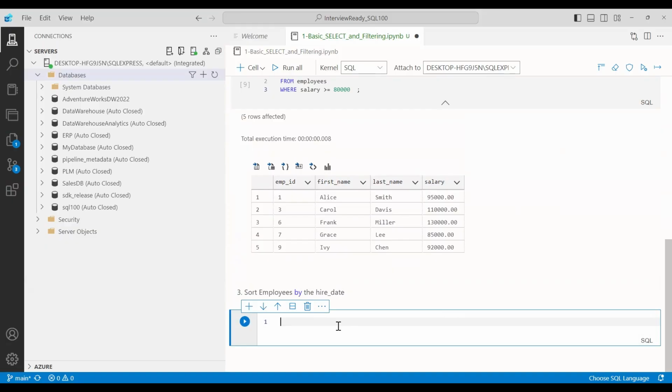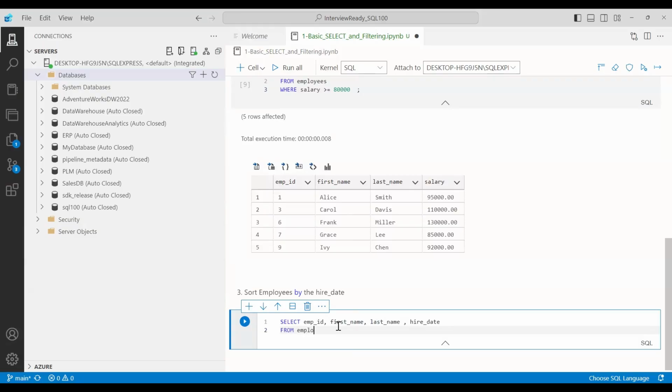We are just looking for the easy questions. So we need to order the data by the hire date. We'll use select emp id, comma, first name, comma, last name, comma, hire date